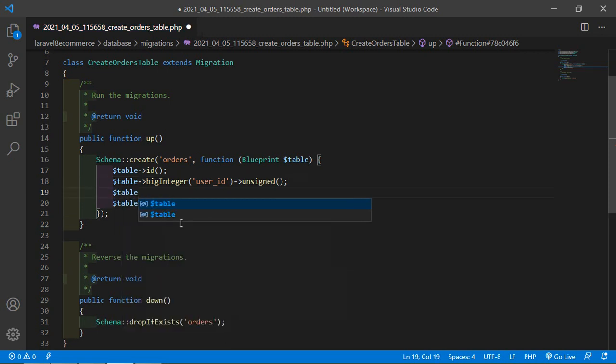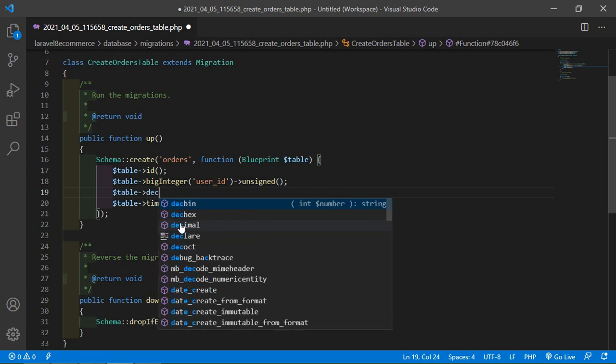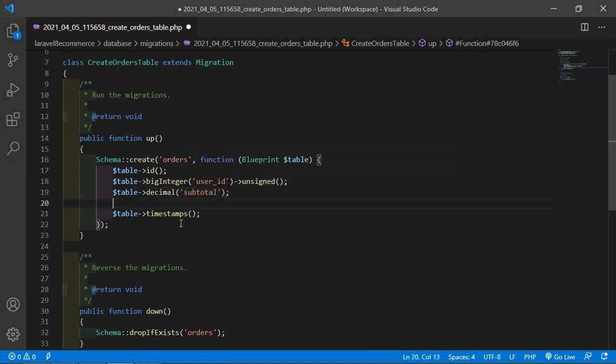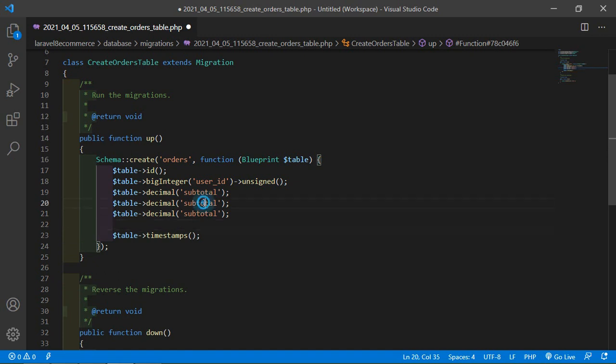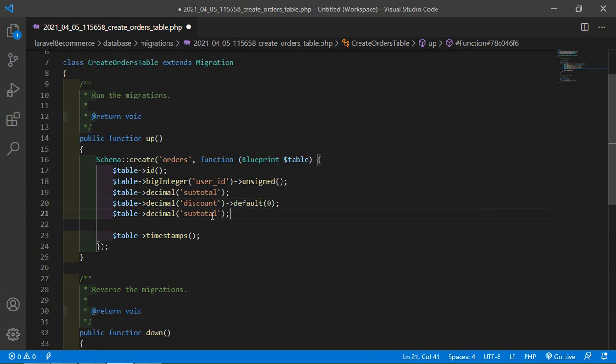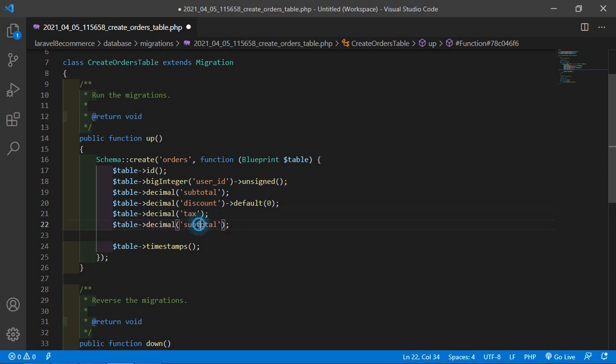Okay, and now $table->decimal and column name subtotal, and now just copy this and paste here and change the column to discount and set here the default value 0, and here column name tax and total. Okay,